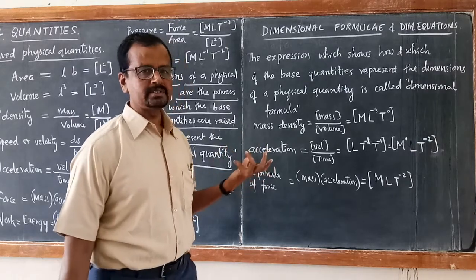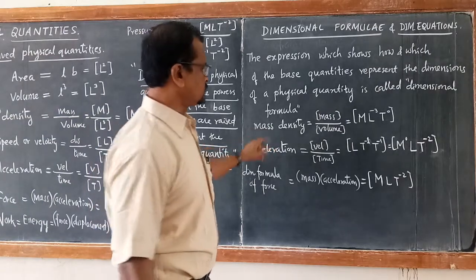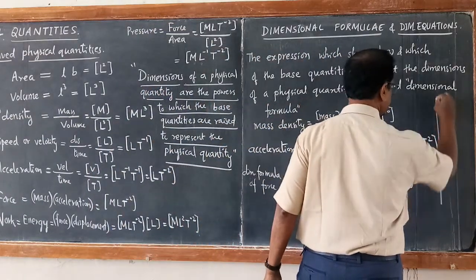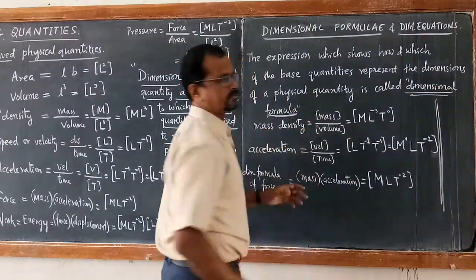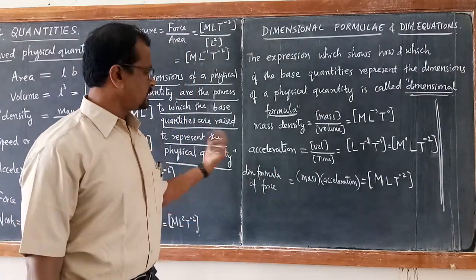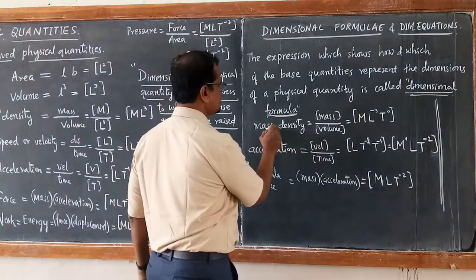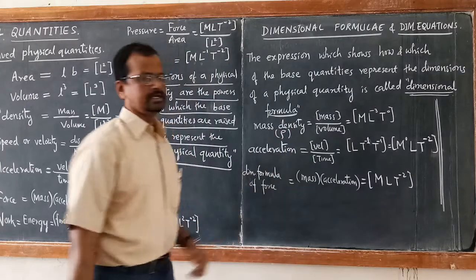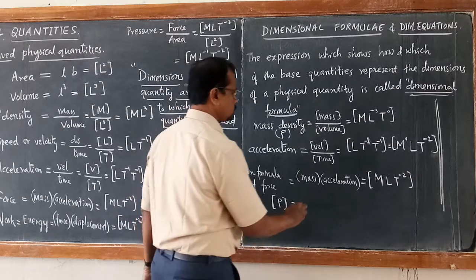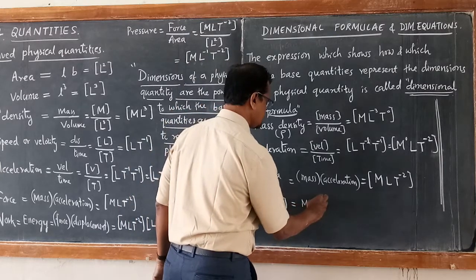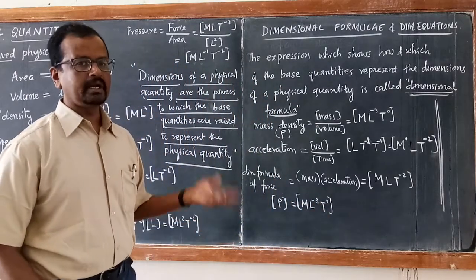Then what is the meaning of dimensional equation? Same thing we write in terms of their notation. So these are all dimensional formulae. If the same things are written in terms of equations, for example, mass density is denoted by rho. Rho is the notation. So the dimension of rho is equal to M L raised to minus 3 T raised to 0. So this becomes the dimensional equation for density.